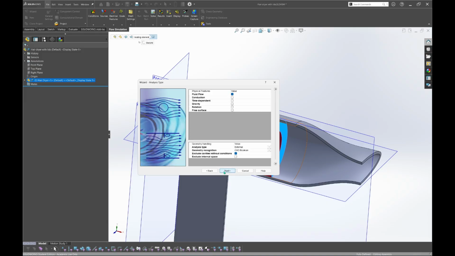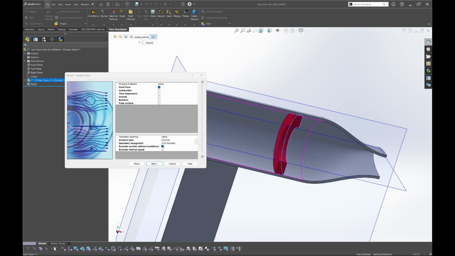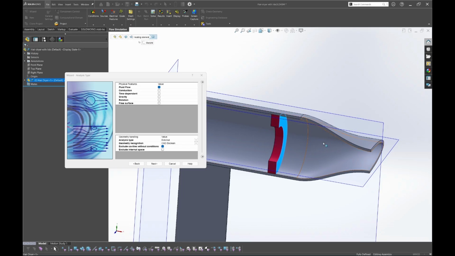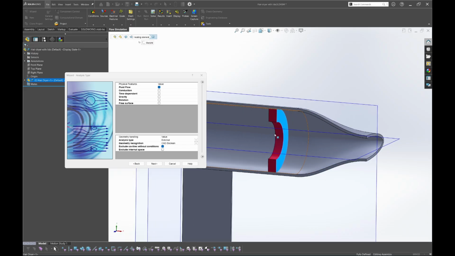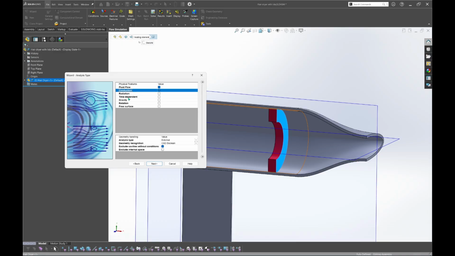And next, because your simulation has a heat source, your simulation is heating the chamber, you activate conduction in this.